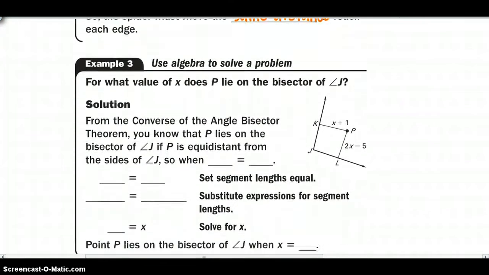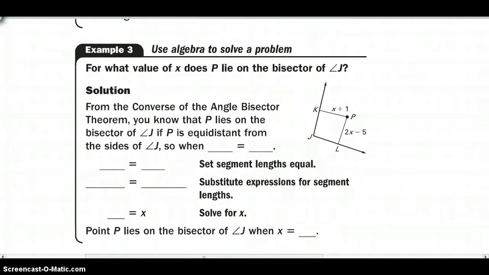Alright, and the last example using these specific theorems. For what value of x does P lie on the bisector of J? So we want to figure out, looking at this bisector of J, and I'm just going to connect those 2 together, we need to find the value of x. So from the converse of the angle bisector theorem, we know that P lies on the bisector of angle J